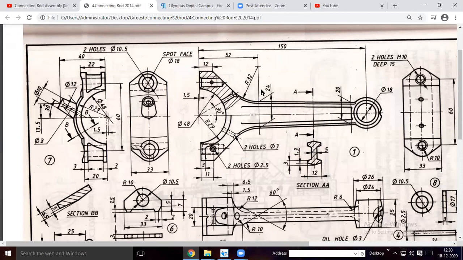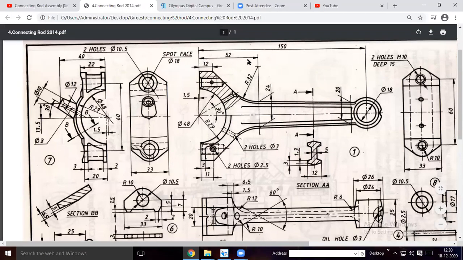So what you can do here, this section, this profile starts 52 mm away from the plane we used. Perpendicular to the plane we will have this profile. So first I will take a parallel plane at a distance of 52 mm from this plane. Not 52, 52 plus 1.5, 53.5 mm distance, because our reference plane will be at this point. 1.5 mm also you have to consider. 1.5 mm plus 52 will be 53.5 mm.